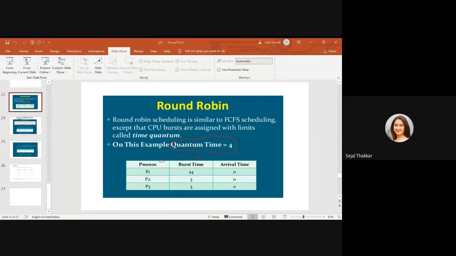So in this problem we have three processes, P1, P2, P3, and the burst times are 24, 3 and 3, and all processes arrived at time 0. Now you need to draw the Gantt chart. The first criterion for any example is arrival time. All these processes have arrived and it is preemptive. So one process will execute only for 4 units of time. Then it has to give the CPU to some other process. So here we take the processes in sequence P1, P2, P3 because all have arrived. We don't have to see first come, first served. We can go in the sequence, right?